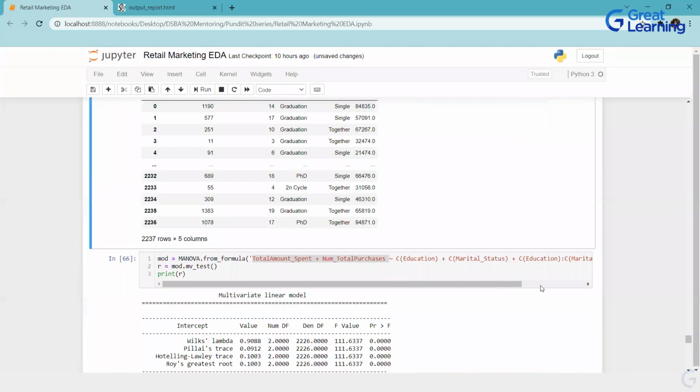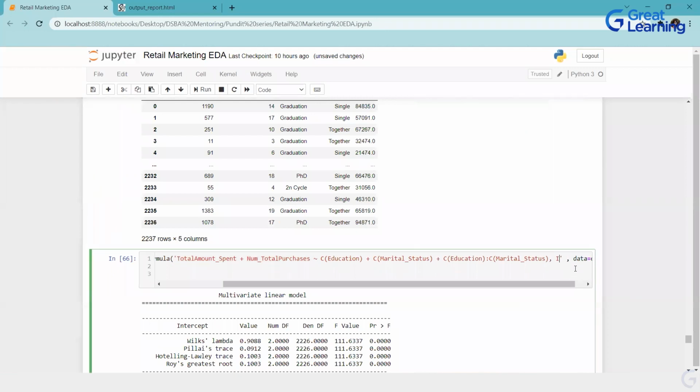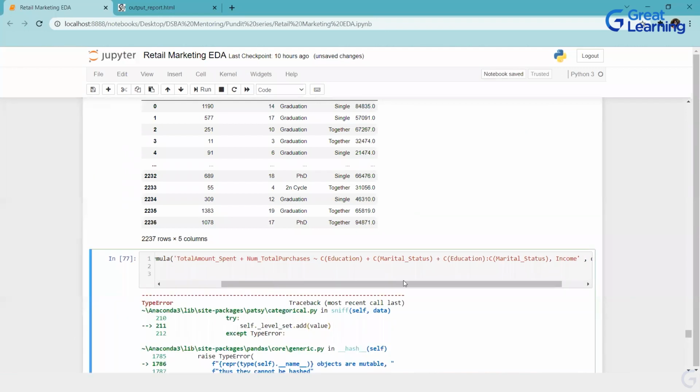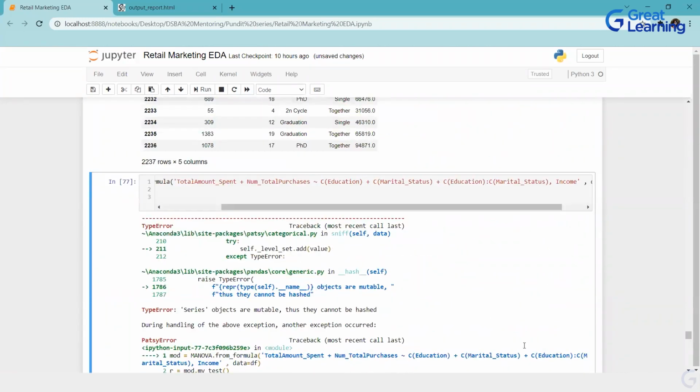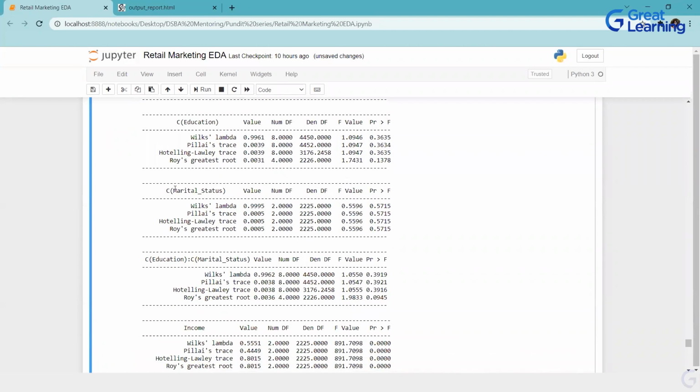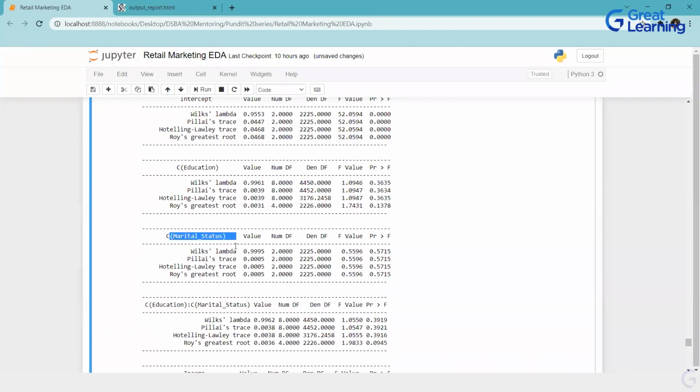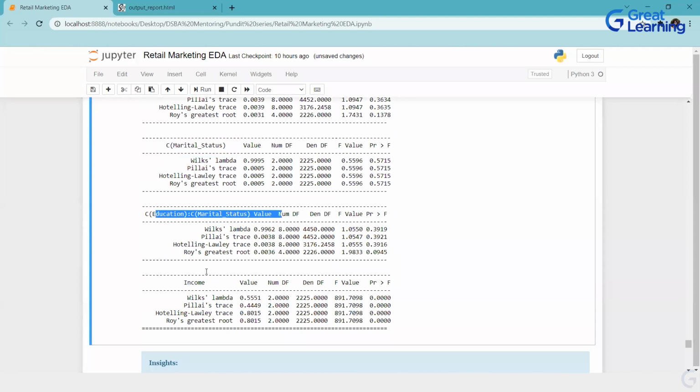Apart from the interaction, you don't have to give C over here. You just have to give income. There's some error. Oh, sorry, the plus sign will come. See, now this is your categorical column, this is an interaction between two categorical columns, and this is the continuous column that I'm having in my independent variable. It is telling you that it is even dependent on your income also, and you already know that there was a high correlation. I can see that it is dependent on my income.